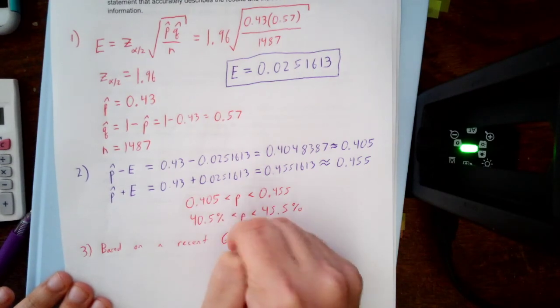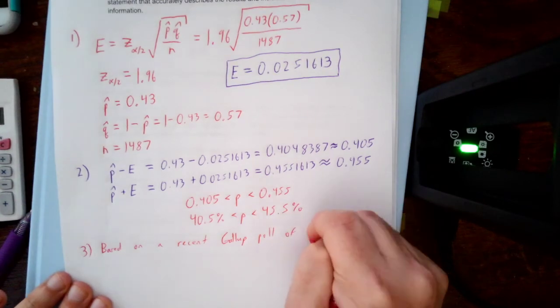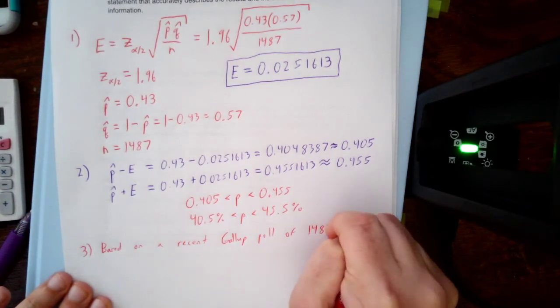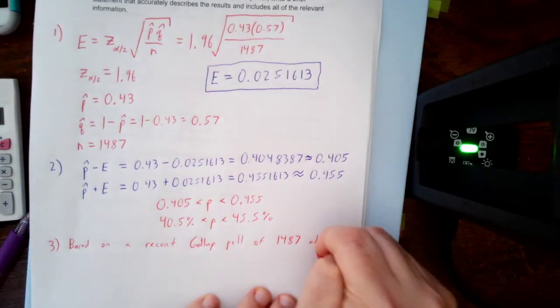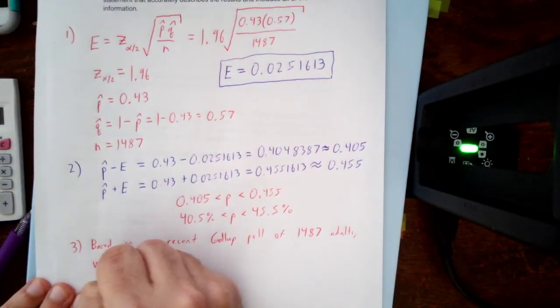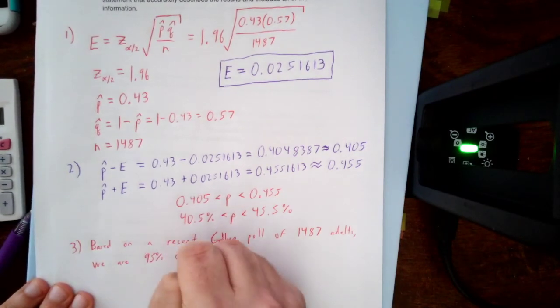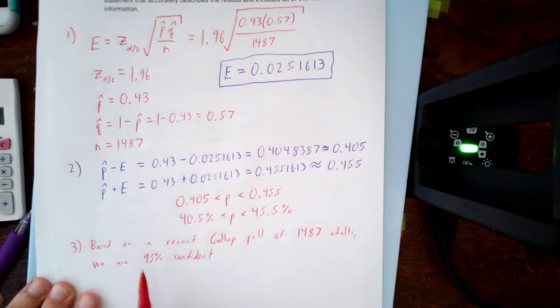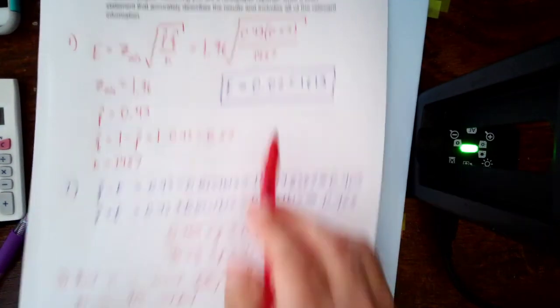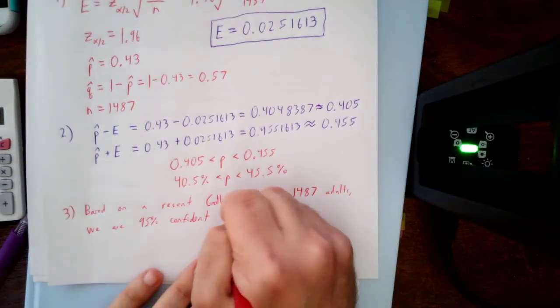Gallup poll of 1,487 adults, we are 95% confident. Make sure you mention the confidence level, right? We are 95% confident that